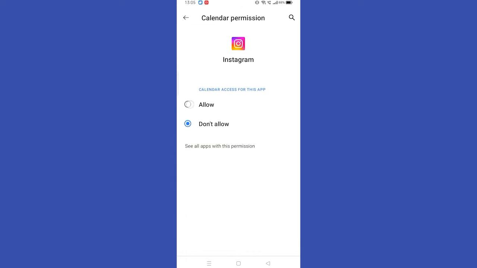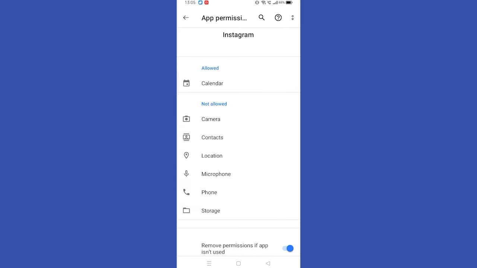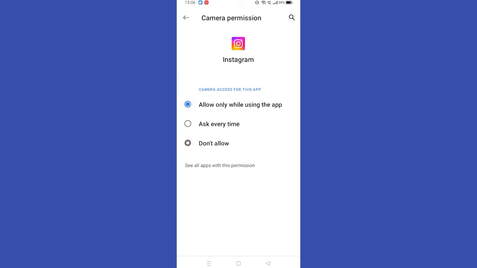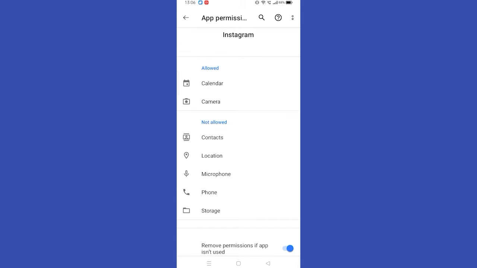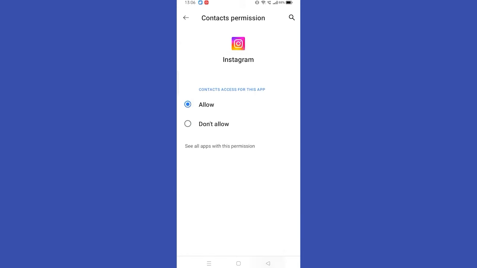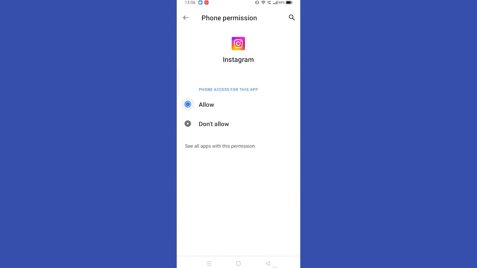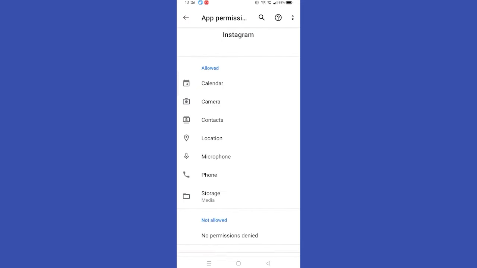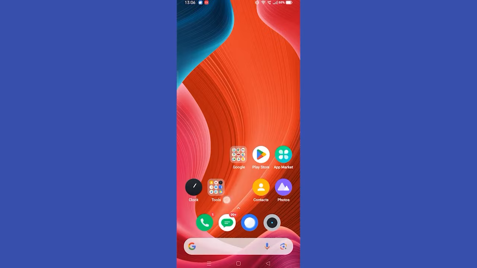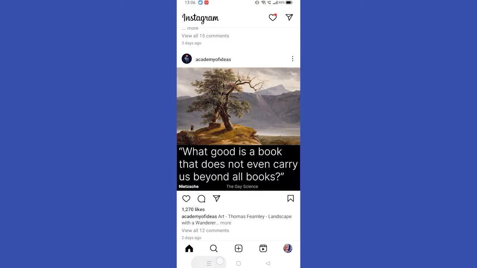The calendar, click on allow, select locations, camera, then microphone, contacts, phone, storage and everything. And after doing all this, enabling all the permissions on your Instagram by going into the apps, then click on storage, click on allow access to media only, go back by clicking the middle button, and then open your Instagram